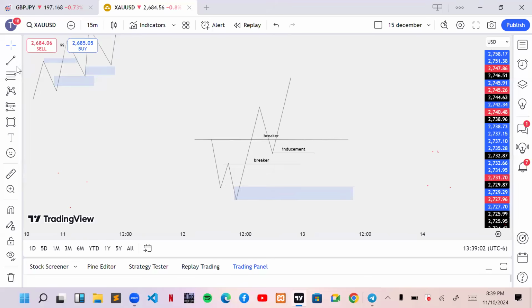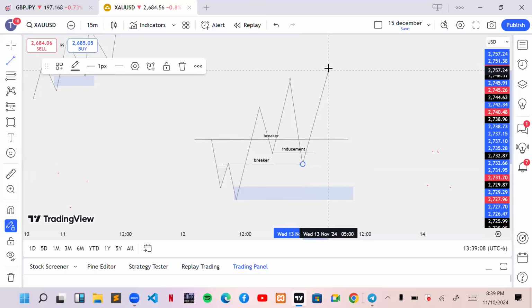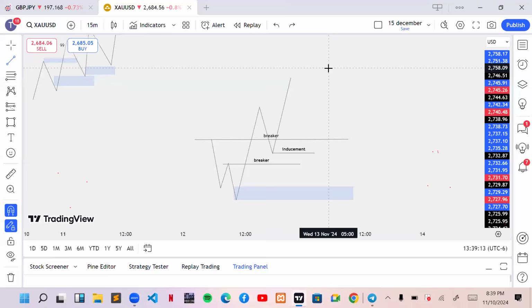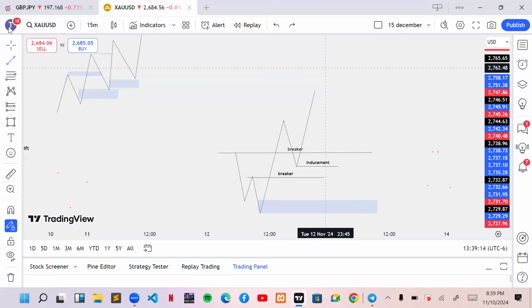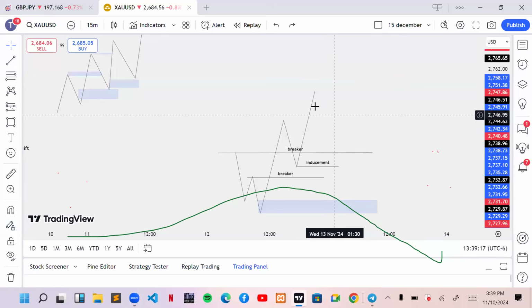But which one are we going to make use of? Make use of the one closest to our inducement, which is the one right here. This is where we take our buy from. Do you understand? But in a scenario also where after market did the break of structure or the structure shift,